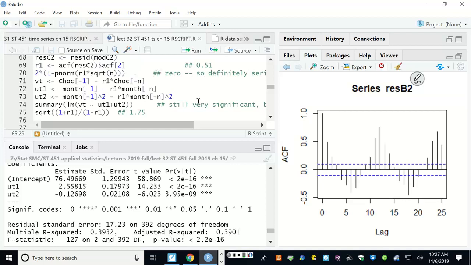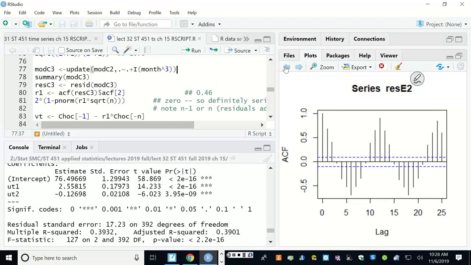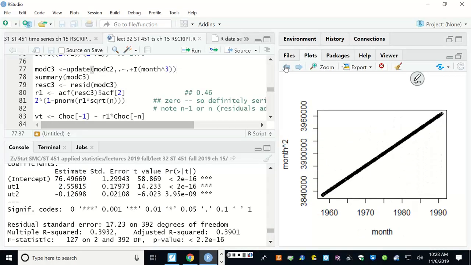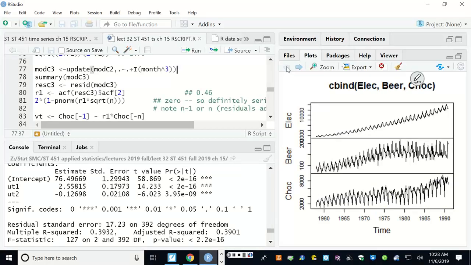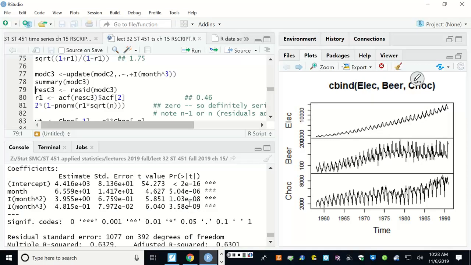Chocolate is kind of the same thing. You do see the p-values go down a little bit. The chocolate one in particular, let's see if we can go back to these plots. The chocolate looks like it kind of goes like this and kind of going up, so maybe that's not quadratic, but cubic kind of thing. So what if we update that to include the cube term, right? The summary of the cube term, everything is highly significant,